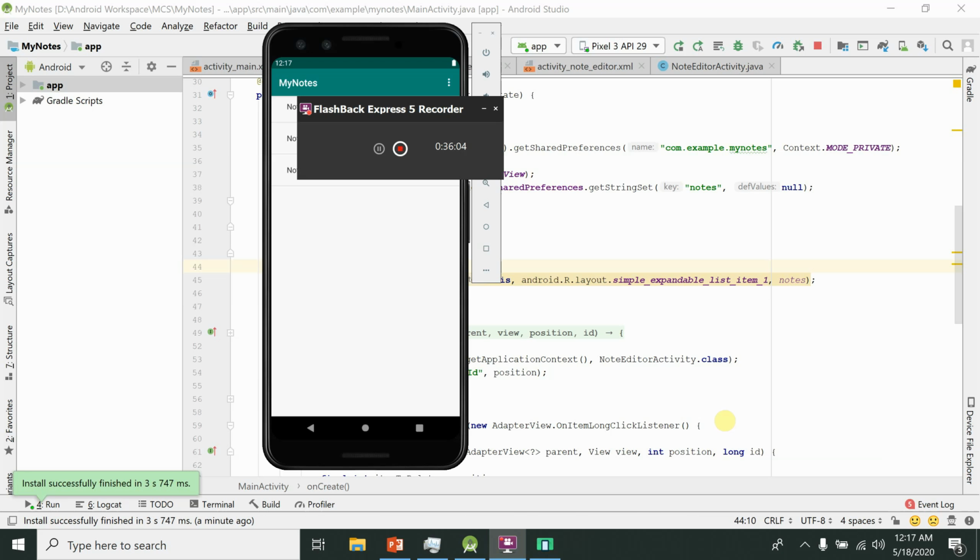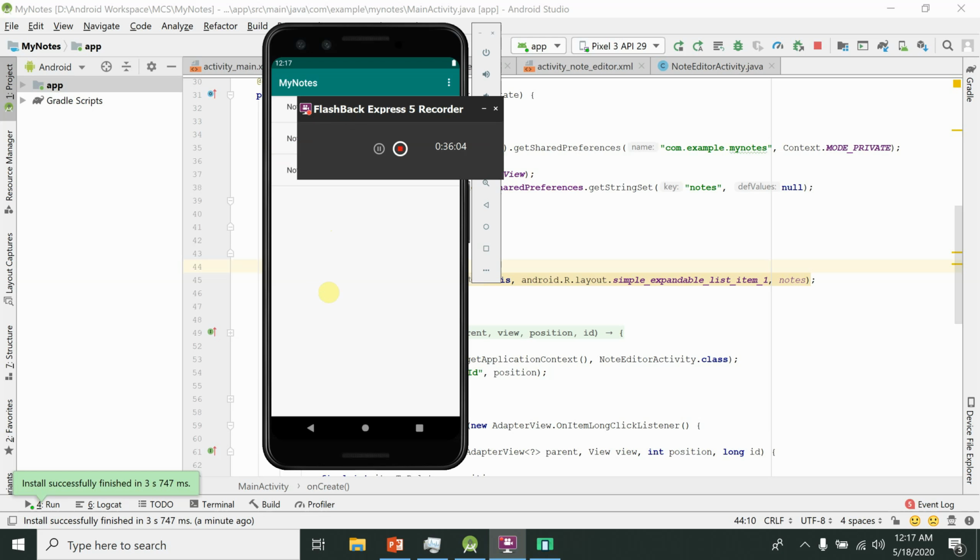Let me figure out why it is not coming. Okay, the list view was inside the onCreate method. So the list view is visible here, it's local here, so I should add